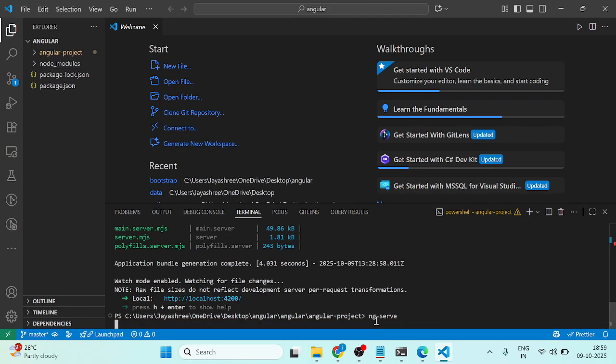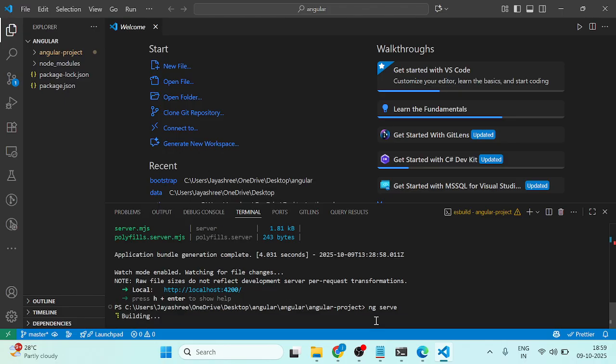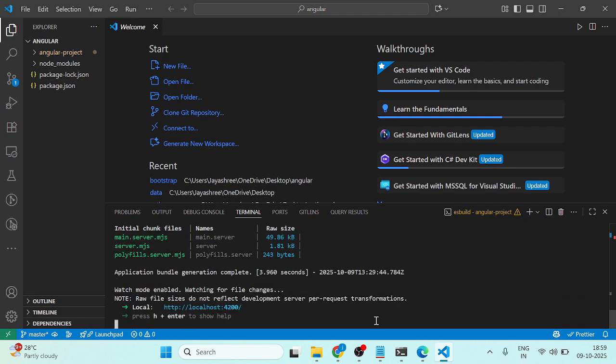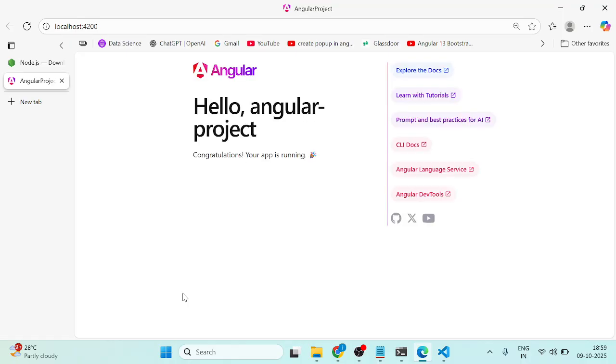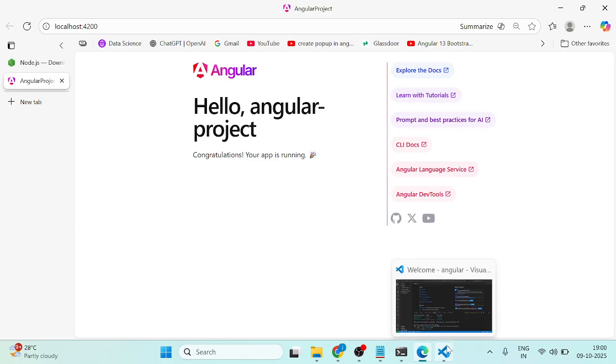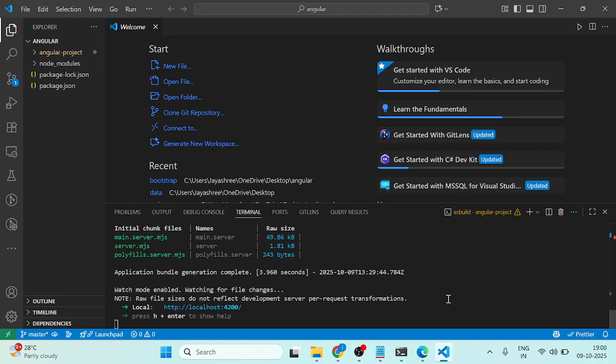Again I'm going to serve this project. Okay, follow link. So here the Angular project is successfully created. So are you getting how it will create it? We have used some commands so that the project is created. Okay, so after that you need to take